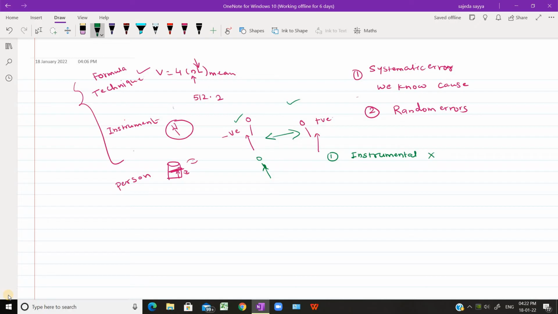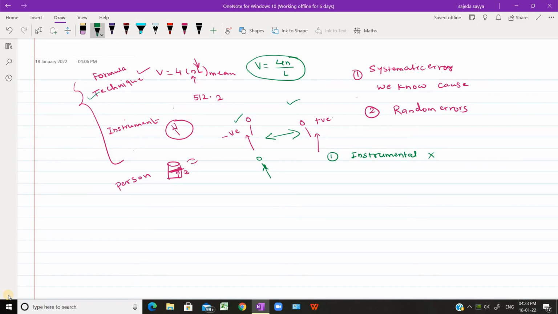If you are asked to find velocity using the formula v = 4nl, and you use v = 4n/l, then the wrong formula definitely affects your reading. You will never get the correct reading. So if you check the formula before making the calculation,